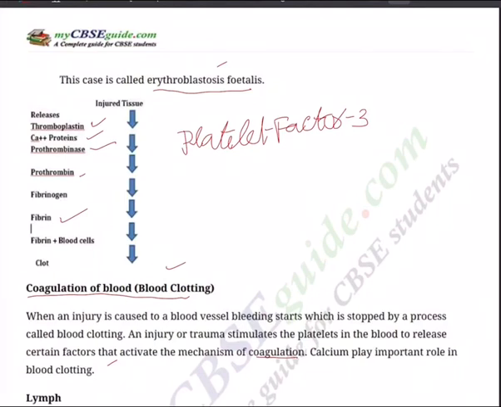And the thin, long and solid fibers of fibrin form a clot that seals the wound and stops bleeding. That's how the clot takes place. So this is how an enzyme called prothrombinase plays a very important role. Hence, this is the mechanism of blood clotting. So we'll talk in our next session about another liquid, that is lymph. How exactly the lymph